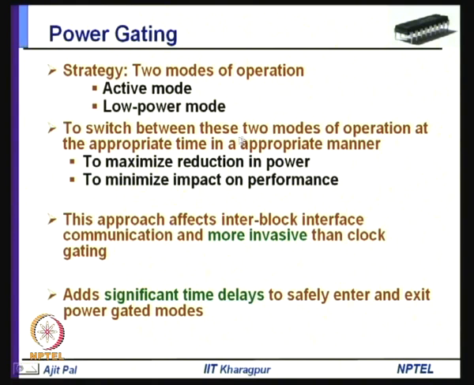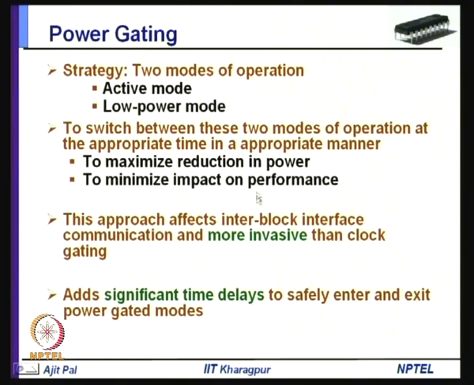To switch between these two modes of operation, at the appropriate time in an appropriate manner. As I told, power gating is nothing but power management. You have to switch between these two modes at the appropriate time in an appropriate manner